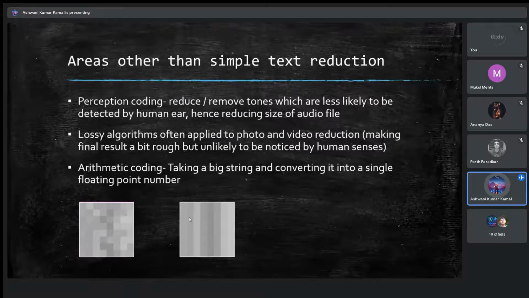And likewise, we have also one more algorithm which I won't be discussing in this presentation, which is arithmetic coding. It's actually a very interesting algorithm which converts a total string, or you can also have a very big string, a whole document full of it, and it converts that to a single floating point number. And the good thing about that algorithm is the compression ratio. It's often very high as compared to Huffman coding or simple prefix coding. If you are interested, then you can always Google it up, and it's actually a very nice algorithm.